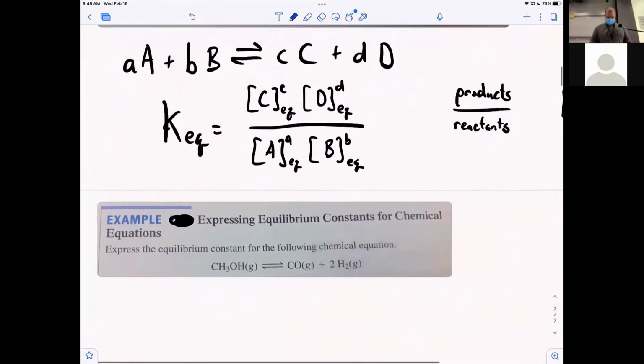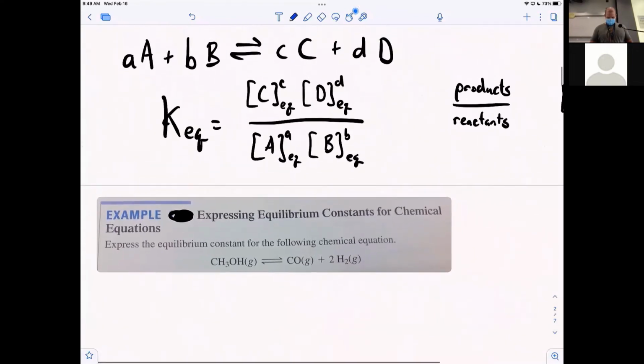So in equilibrium constant, I think this is relatively easy. Express the equilibrium constant for this reaction. So methanol vapor in equilibrium with carbon monoxide and hydrogen. So to apply this, the equilibrium constant is the products, carbon monoxide concentration, hydrogen, all over methanol